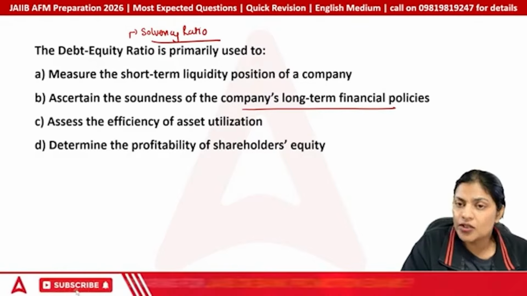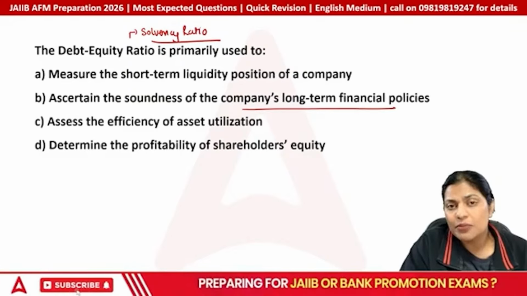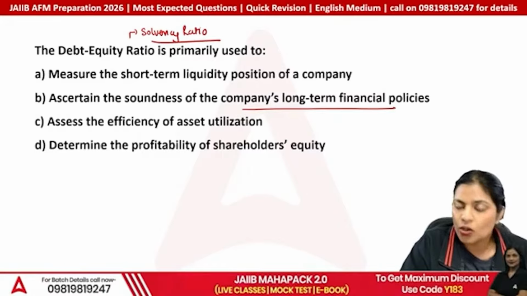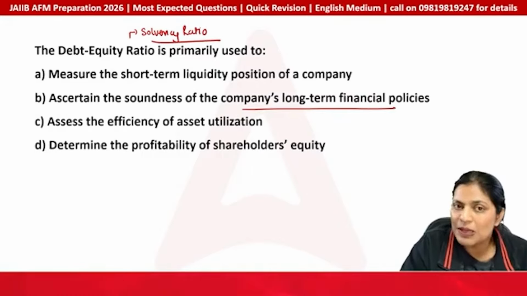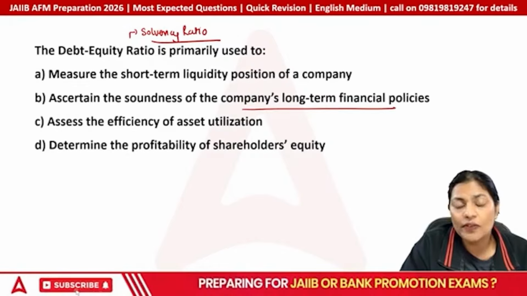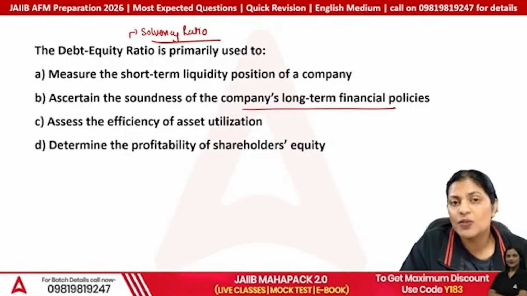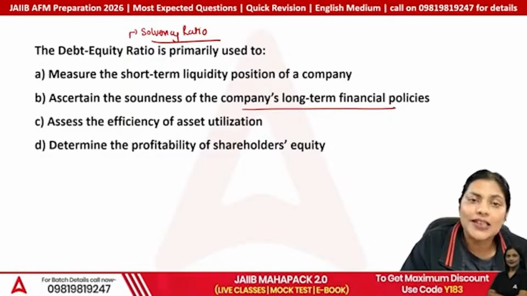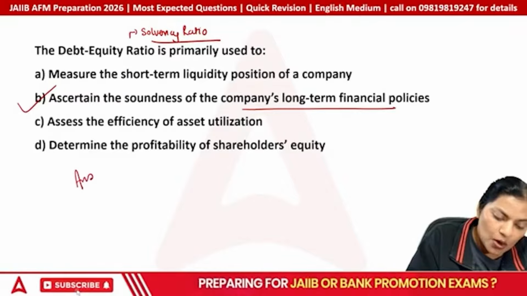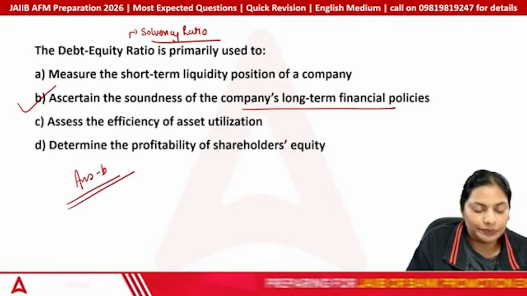Short-term is basically current ratio, that in a short-term, in a span of 1 year, will you be able to repay your debts or not? Correct? Short-term debts to your creditors, to bills payable. But again, when it comes for a long-term financial decision-making or financial soundness of the business, the ability to repay the debts on time, it is debt equity ratio. So here our answer would be option number B.